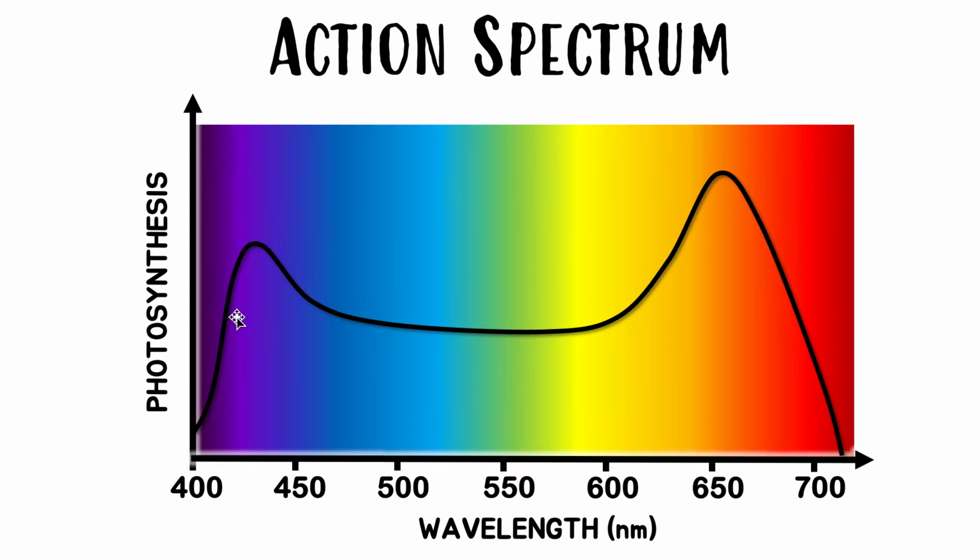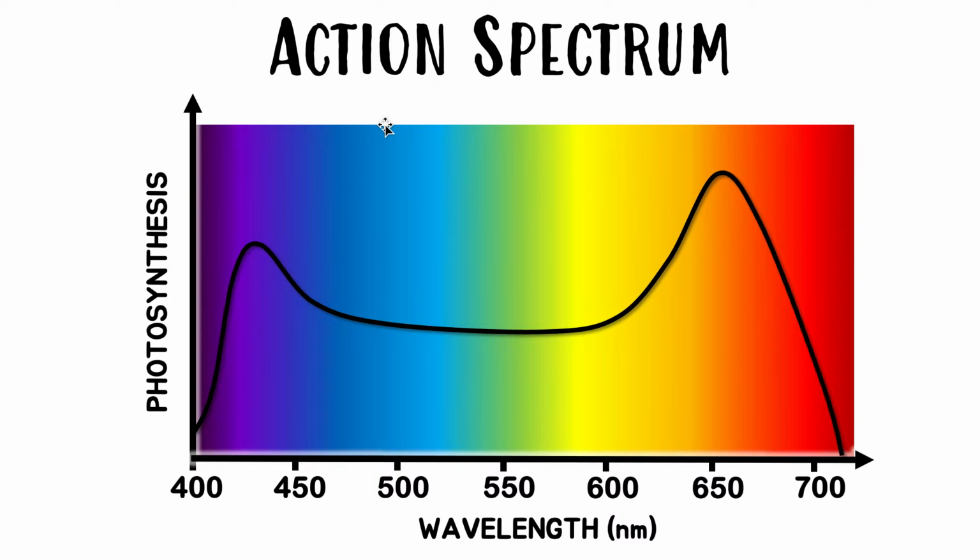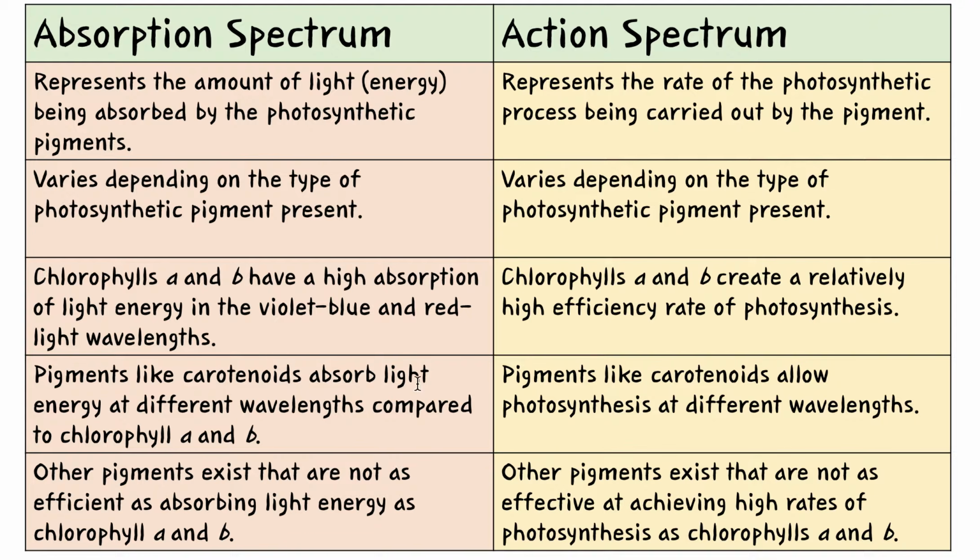So we can see here, photosynthesis happens best at these wavelengths, where the photosynthetic pigments absorb a lot, and here. And in the middle, where they don't absorb at all, there's low photosynthesis. So make sure you know the difference between the absorption spectrum and the action spectrum. I said a lot here, and it's summarized in this table, where I show you a little bit of what's going on with the absorption spectrum and then the action spectrum.